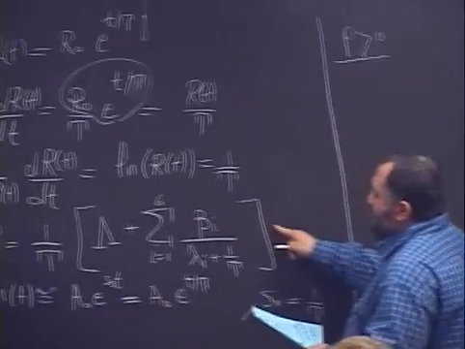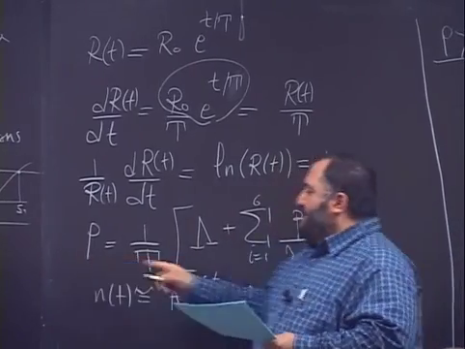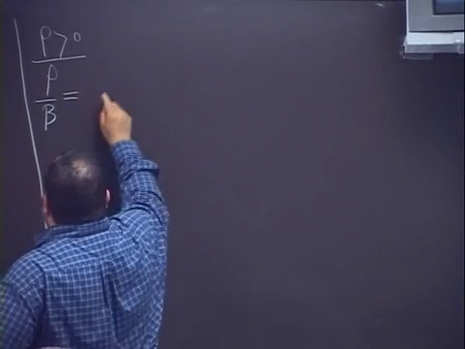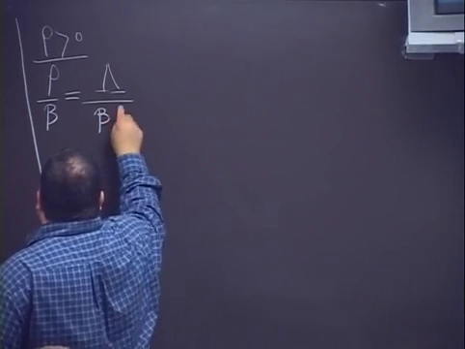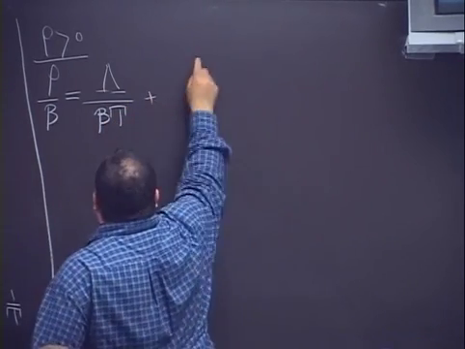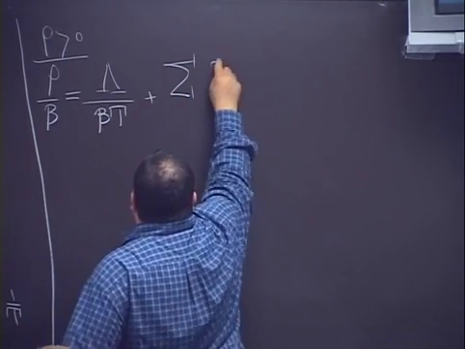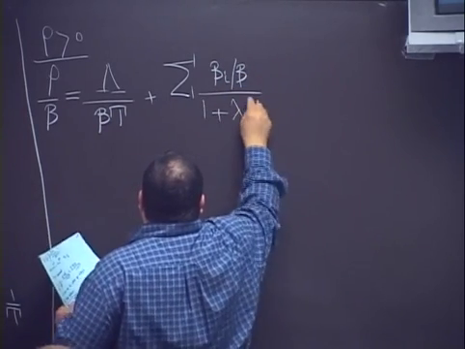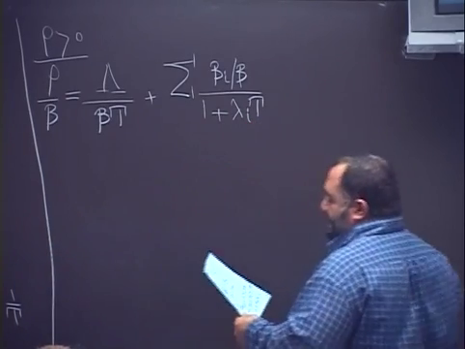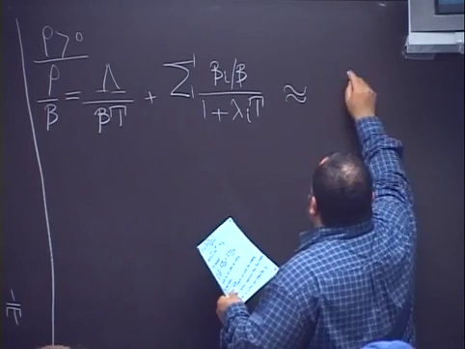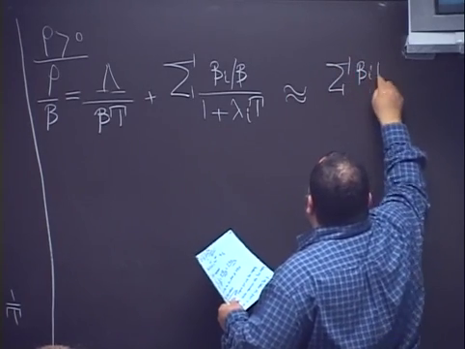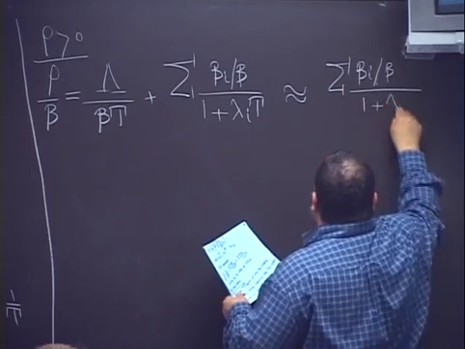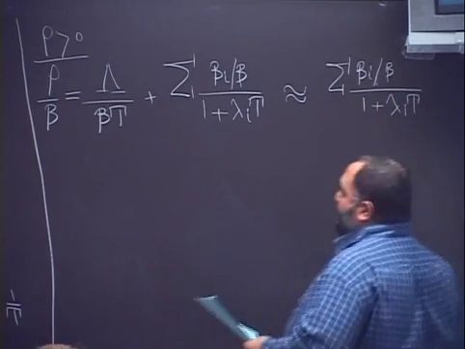So if you use this formula and you divide by beta, this will give you rho over beta equal to gamma over beta multiplied by t plus the summation of beta I divided by beta multiplied by 1 plus lambda I t, and this is nearly equal to beta I divided by beta divided by 1 plus lambda I t, if you neglect this term here